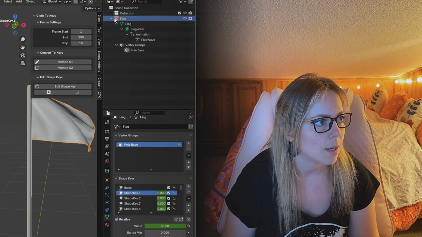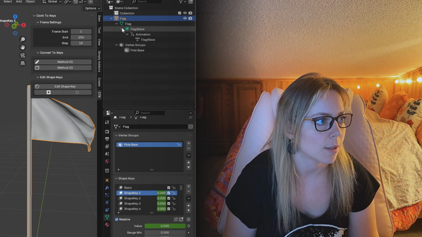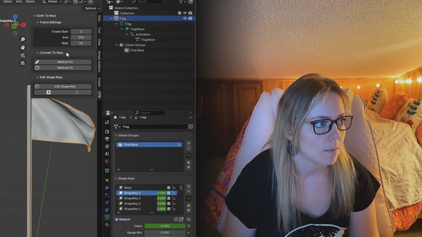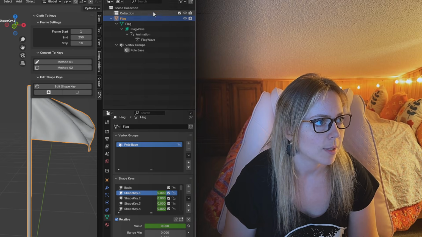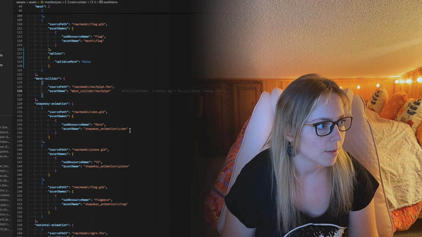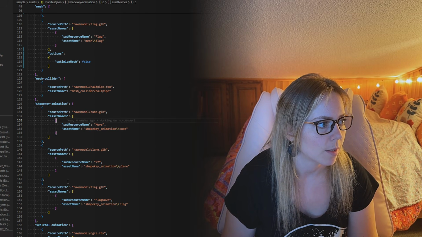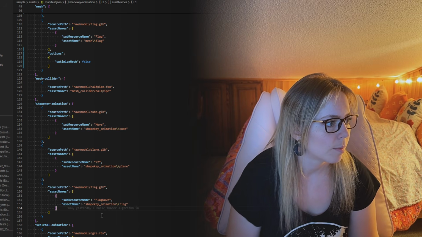So a scene can have one or more meshes, and it can also have one or more files of very many different kinds. But in our case, a scene can have one or more shape key animations. So we have a sub-resource format here. So I can put a comma here